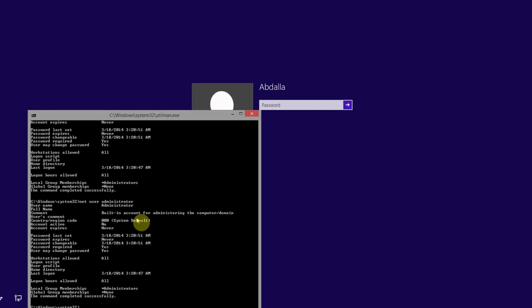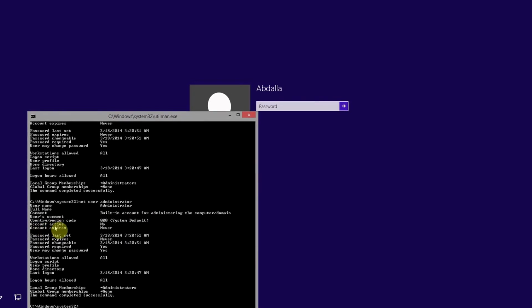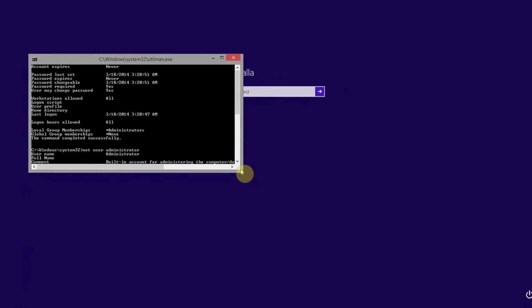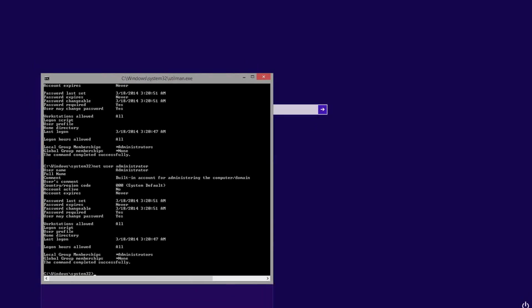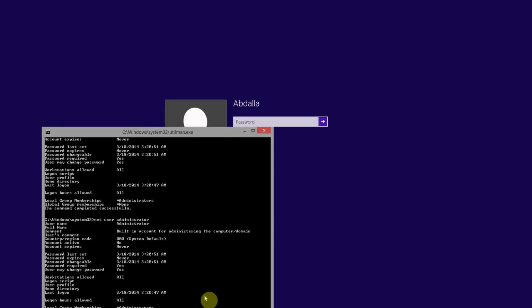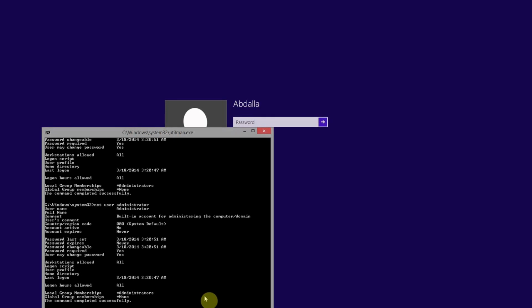It gives you a lot of information, and if we look at that line, it says account active: No. This account is deactivated. So simply we can activate the account with a very simple command, just net user administrator /active:yes, and simply I already activated it. I got the administrator user activated, and I can log in without a password, and I can actually do